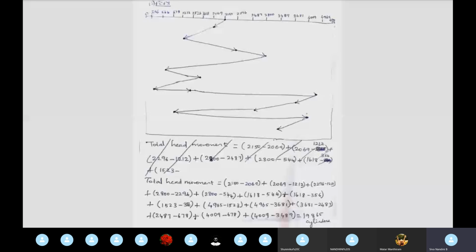And that value of the total head movement should have the unit cylinders, because we are going to traverse our disk head across 19865 cylinders. So you have to mention it in terms of cylinders. So நீங்க எப்படி லென்த்னா சென்டிமீட்டர், மீட்டர், கிலோமீட்டர் மென்ஷன் பண்றீங்களோ, the total head movement also has a unit, cylinders. Okay. So you have to specify that also in the answer.